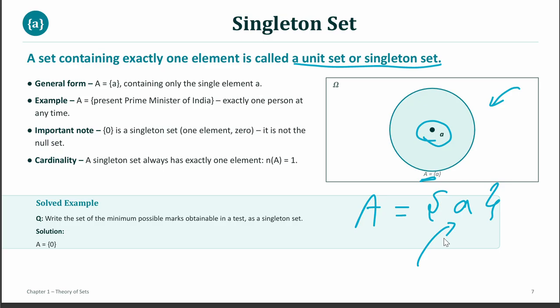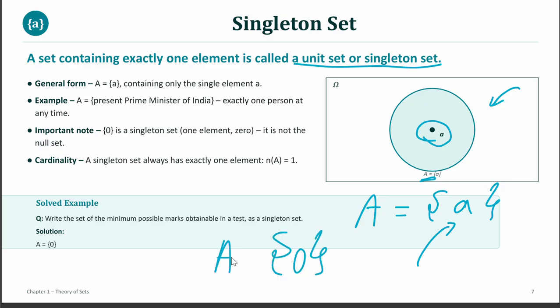For example, the present Prime Minister of India. So when you write it in the roster form, you are going to get Mr. Narendra Modi, which is just one element, a singleton set and a unit set as well, right? Now, you should be very vigilant in also knowing the fact that if you take this to be a set,